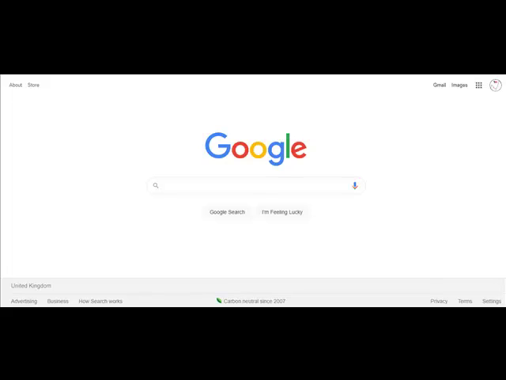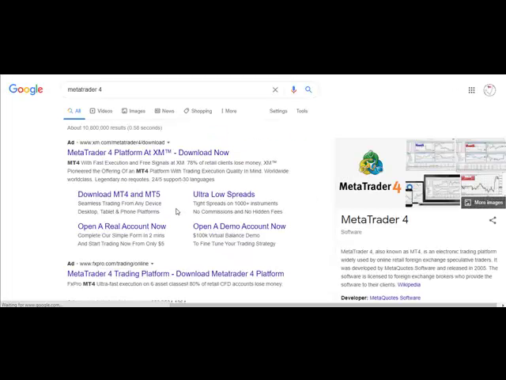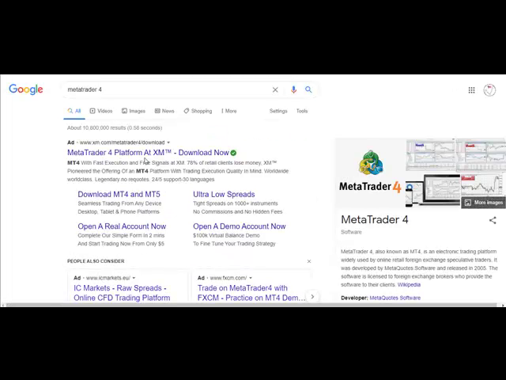Today we are going to show you how to open a MetaTrader 4 account. So first of all, as you can see here on the screen, we just go to Google and type in MetaTrader 4. Okay, MetaTrader 4. So what we want to do is, we've got these different URLs, different companies here, but let's